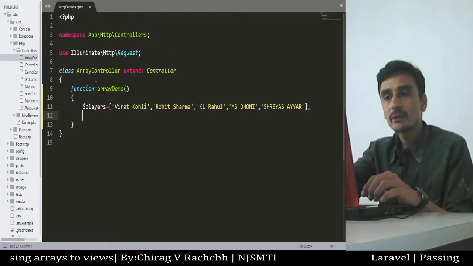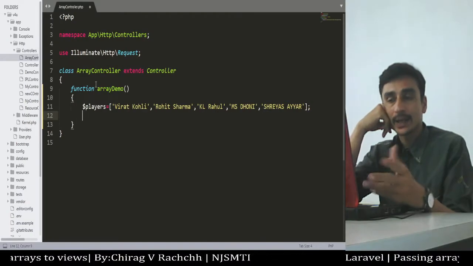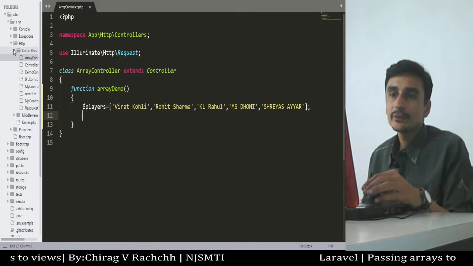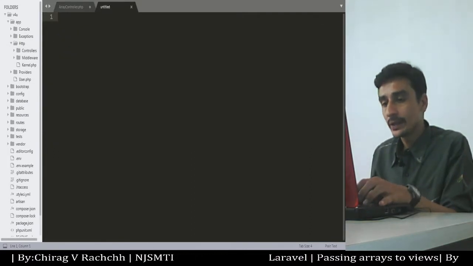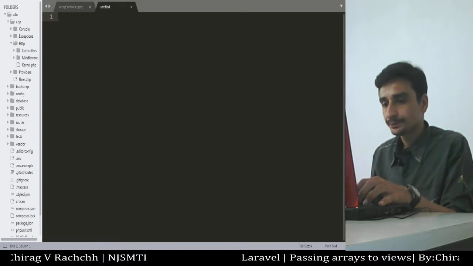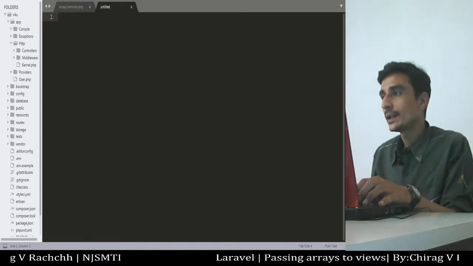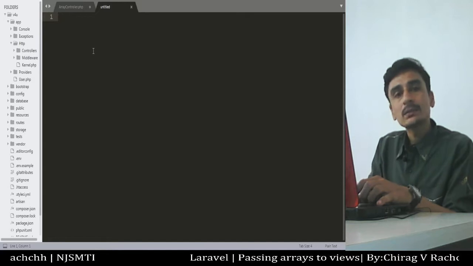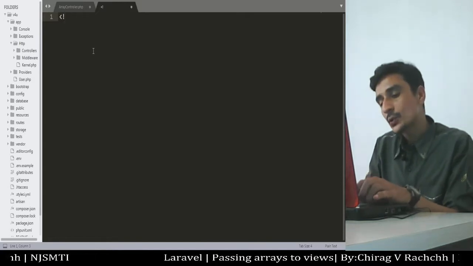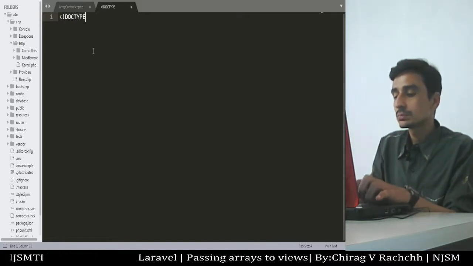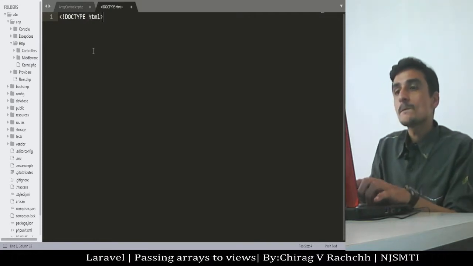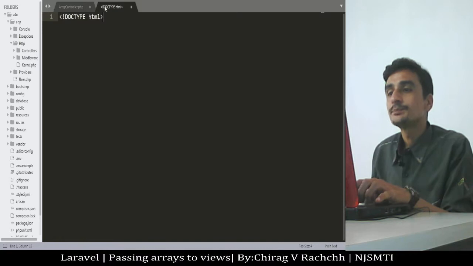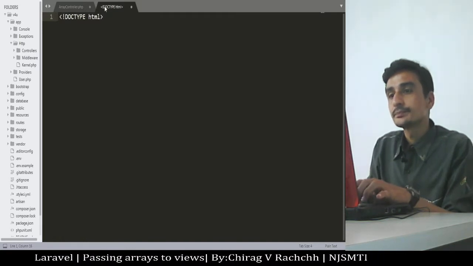Now we need to define some view in which we will pass this data, that is the array. So let me create a new file. In this new file I will define my view, but I would like to use Bootstrap.